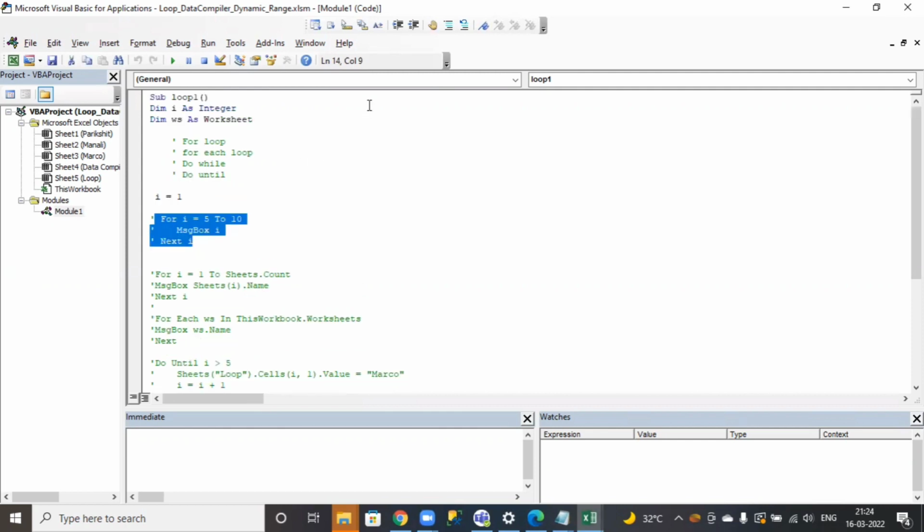If you just see, I have commented it, just a second. Okay, if you just see, I have commented this. What does this for loop mean? That means like